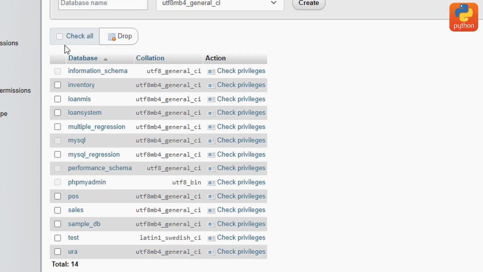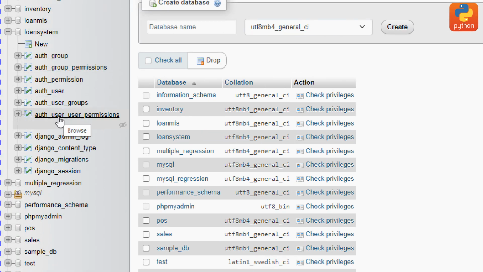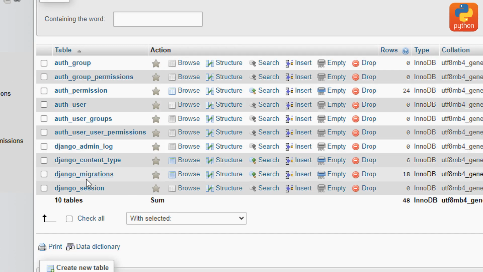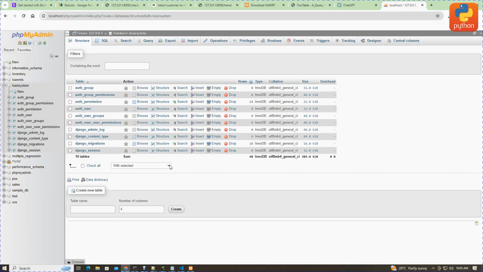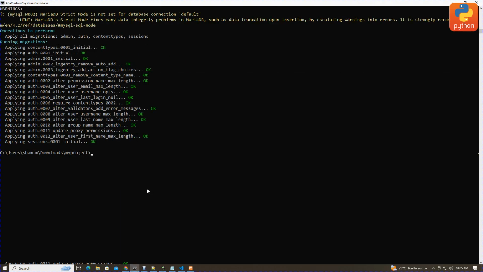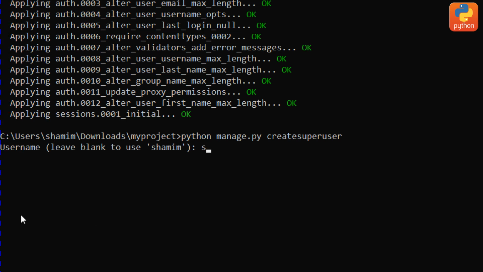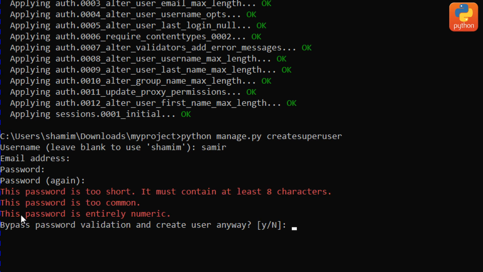First one is in loan system, if I click, yes, authentication, user, and so on and so on. There they are. Now good. And another step is to create a superuser. So I come here and write python manage.py createsuperuser, then click enter. The username, for example, is Samir, email address left blank, click enter. Password is 1 and repeat again 1, and the password is too weak,